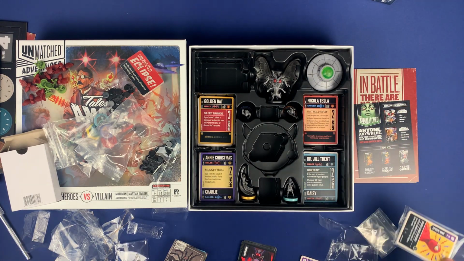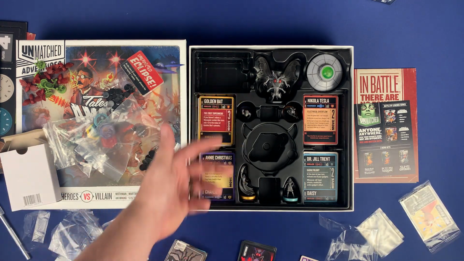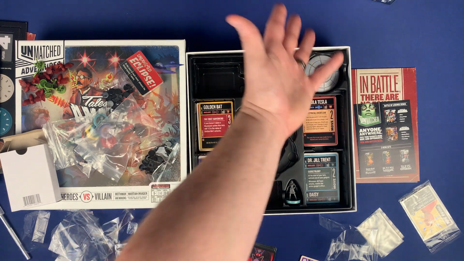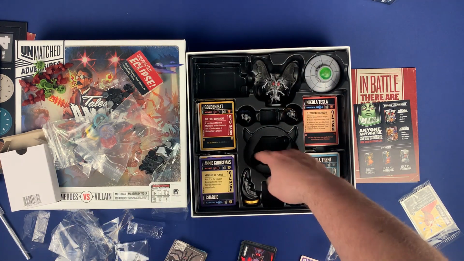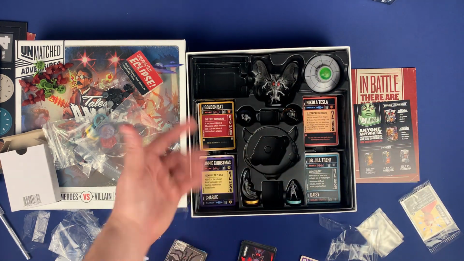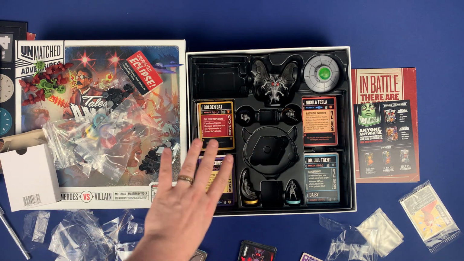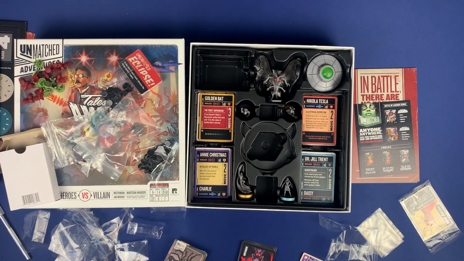I don't think I have to do a reboxing just because everything is pretty self-explanatory as to where the characters go and all their components. Most of them are already in their spaces, and obviously everything you punch out will go in here too for Mothman, health dials, that kind of stuff. So that is going to do it. I'm not going to open up the Brains and Brawn one just because it wasn't really part of the Kickstarter that much. I just added it on. But that's going to do it for this Kickstarter